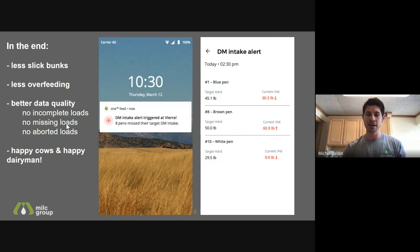So you, as a manager or a consultant, if we get alerted at the end of the day and you call your feeder and he says, "I mixed the load and I did feed the cows, I just didn't feed through the app." You do have that power through your mobile device to fix that data. And by fixing the data, I'm not saying manipulate the numbers, but you can go there and complete that load through your mobile device, which is huge because,